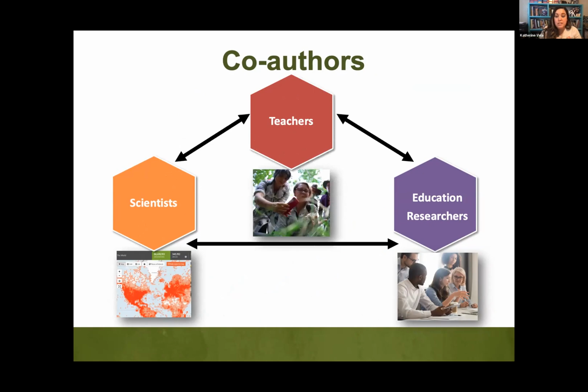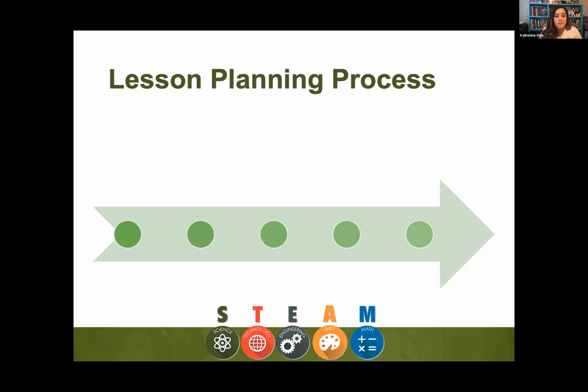Then we work with the teachers to review the lesson plans, make sure they're feasible, and point out any connections we missed from the standards they're responsible for. We're all working together to make sure the curriculum is inclusive and feasible to do in a classroom. And so our lesson planning process